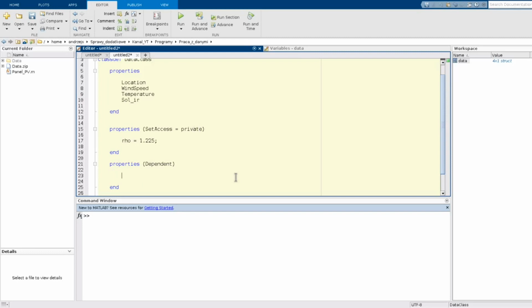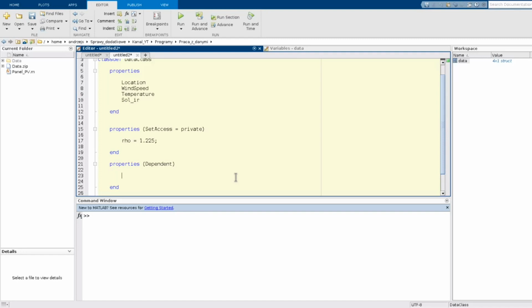What is important is that those dependent variables will be calculated just after creation of my class object. So the idea is that I will create the object of my class for each set of data, and then I can preprocess the data. For example, calculate the standard deviations or the mean values or something like that just during creation of the object, and I will have access to that information in my main code.